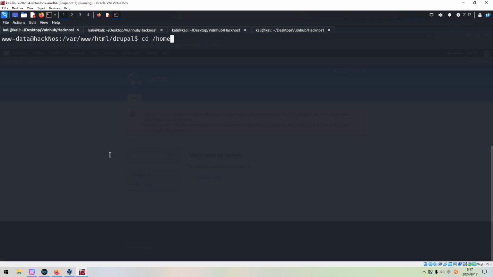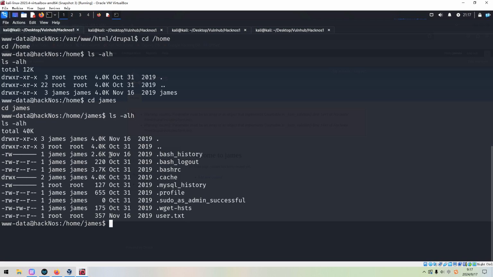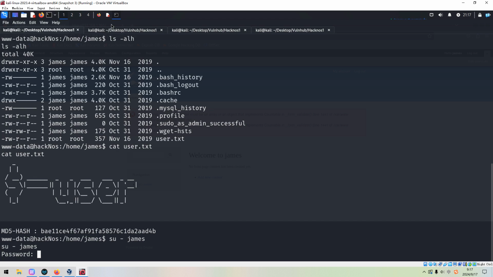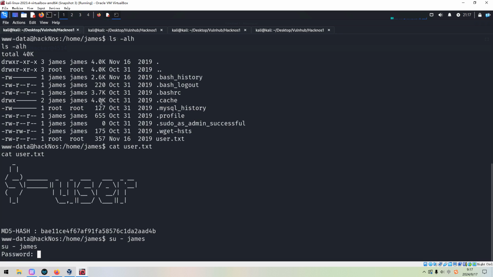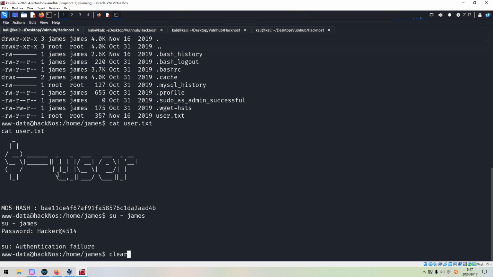So now we can go to the home directory, and there is only one normal user. We can grab the user flag without a problem. So maybe now we can switch to James. Just now we have already got its credential, right? We can copy it to see whether it works. It doesn't work. Okay, which is fine.